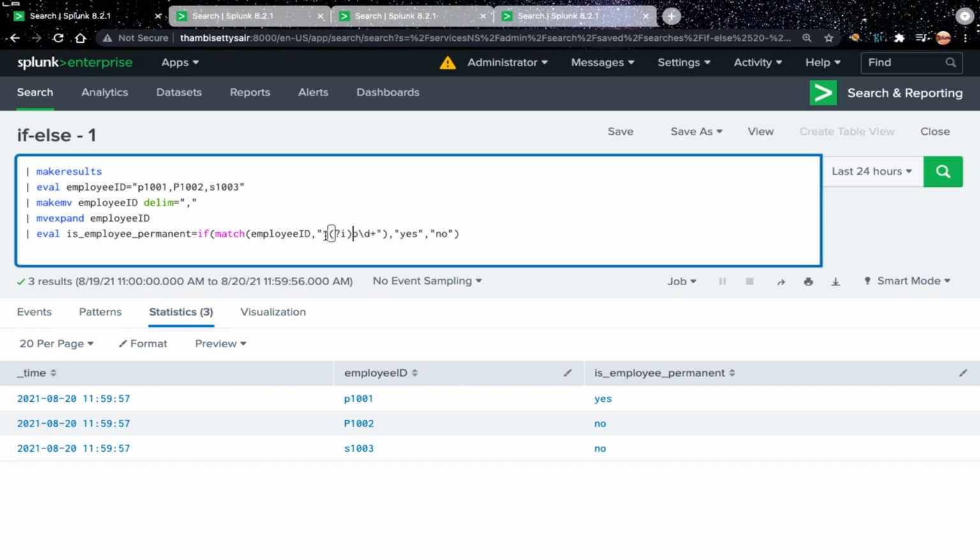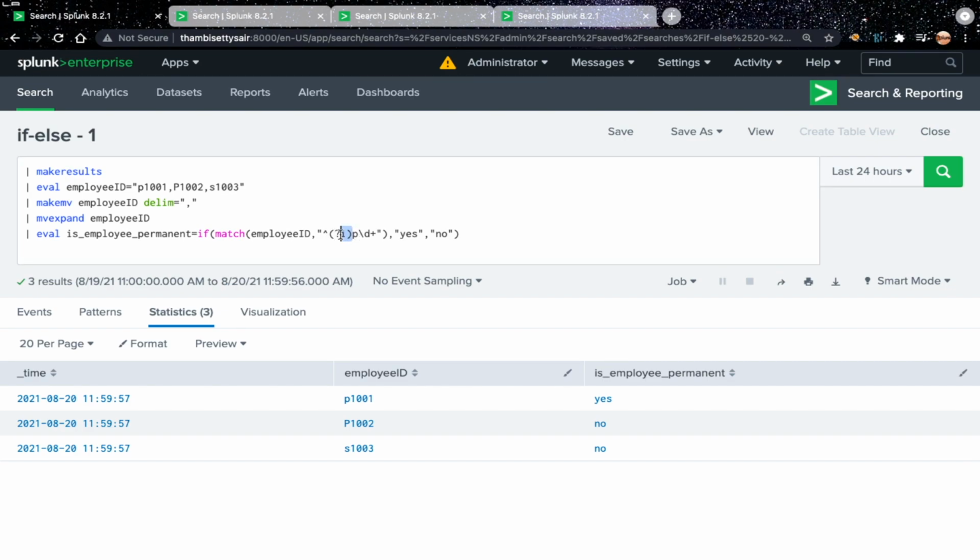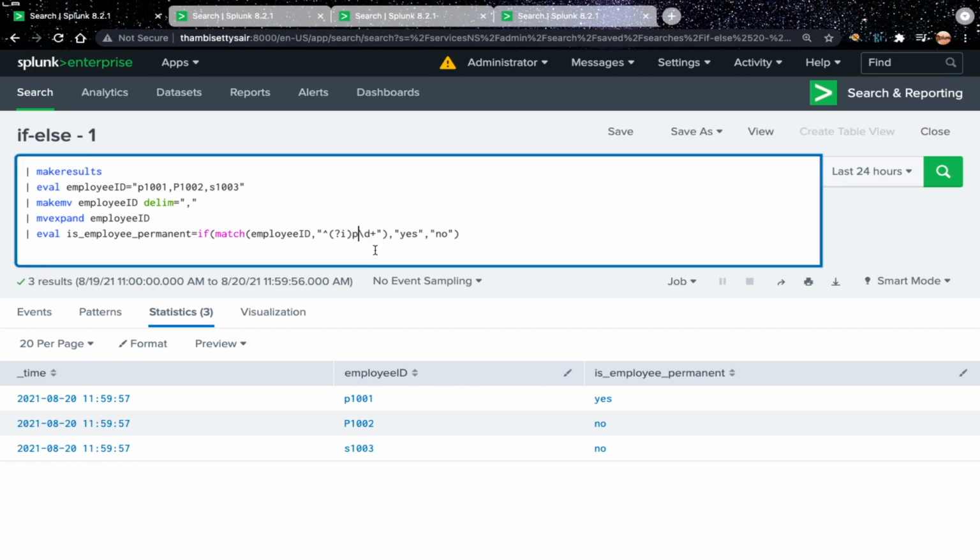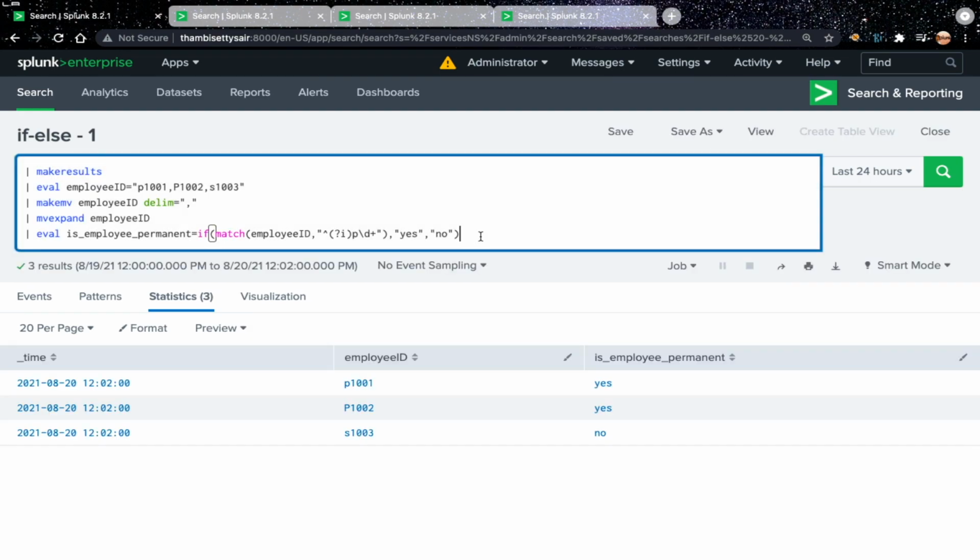So now you can see just before P we have added this to make P case insensitive, which means if there is a lowercase p or uppercase P at the start of the employee ID, it matches both. Let's rerun this. Now we can see S is assigned to the is_employee_permanent field if the employee ID starts with either lowercase or uppercase p.